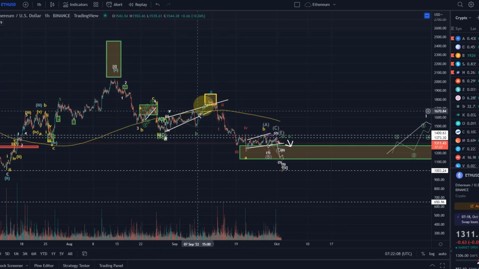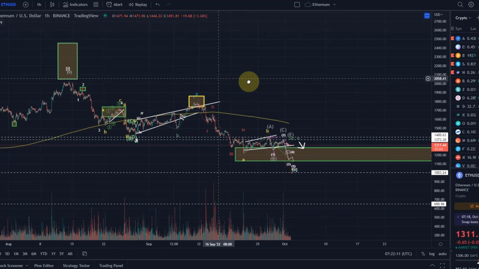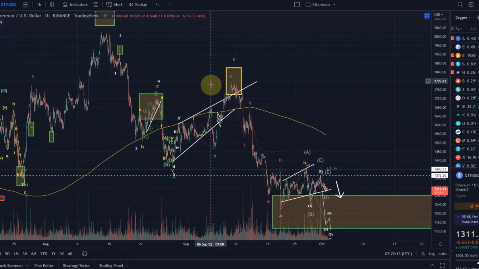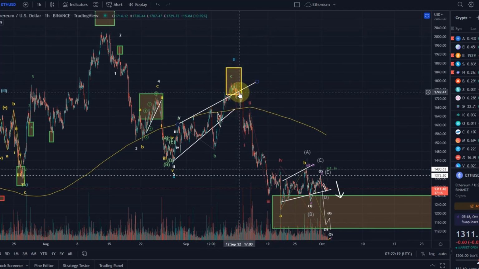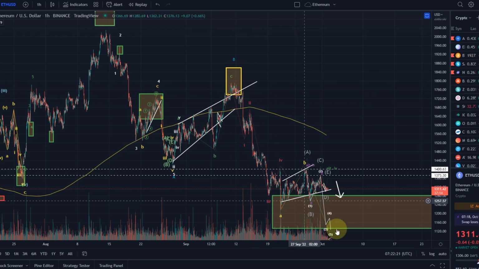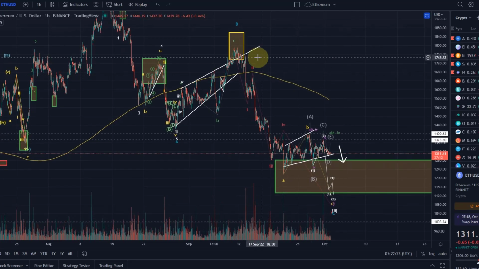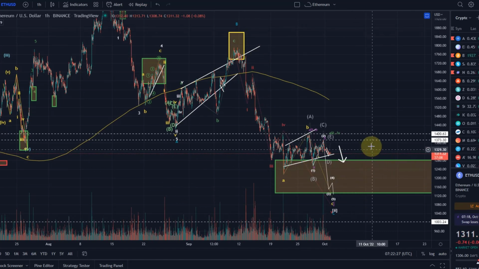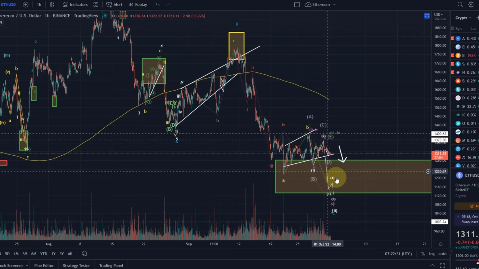We talked about the ABC setup here. We talked about the 1-2 setup. We talked about this target area for a wave B. This was exactly when the Ethereum merge happened here, around that time. And basically, as expected, we came down eventually after the Ethereum merge. We did not see that massive bullish move that a lot of people expected. Whenever a lot of people do expect something, you often see it happen the other way around.